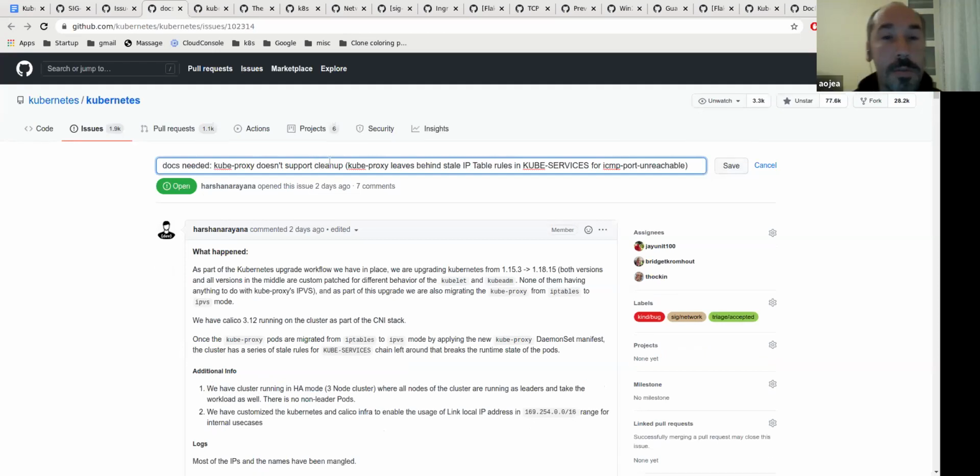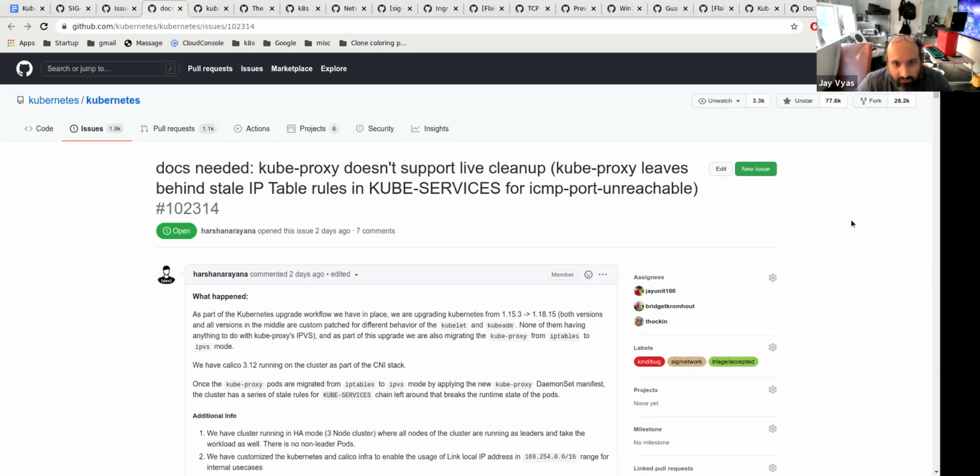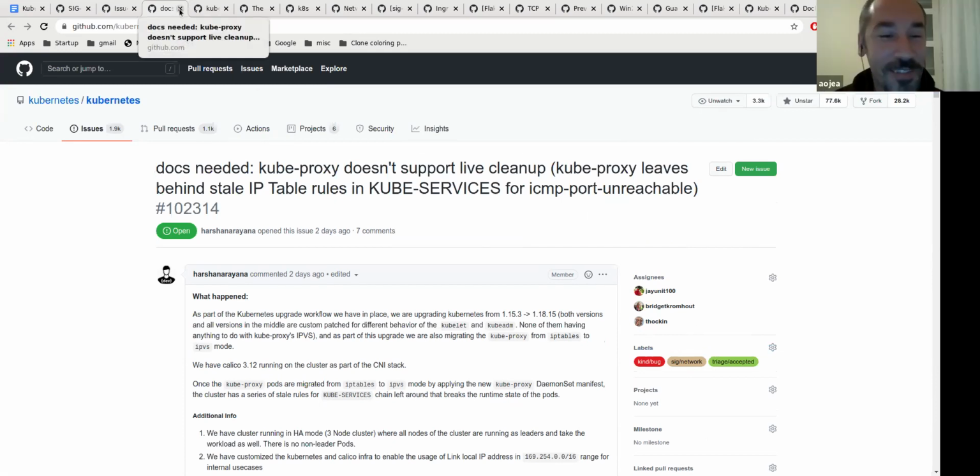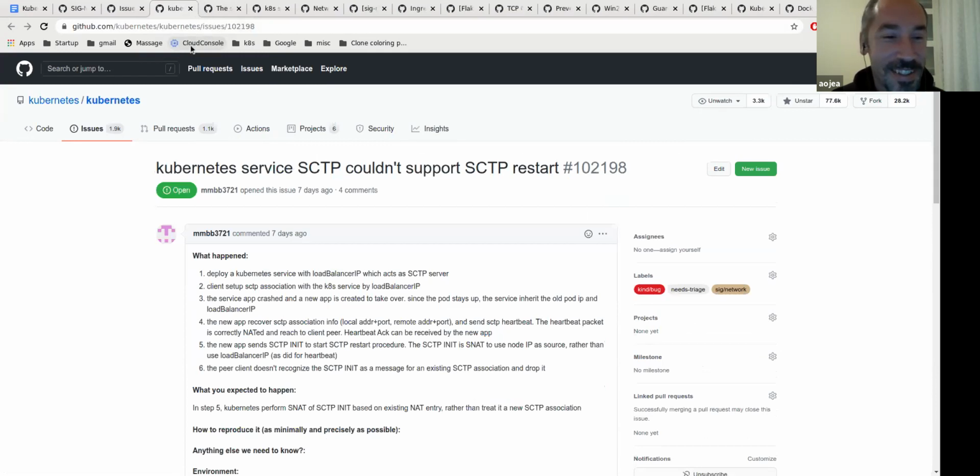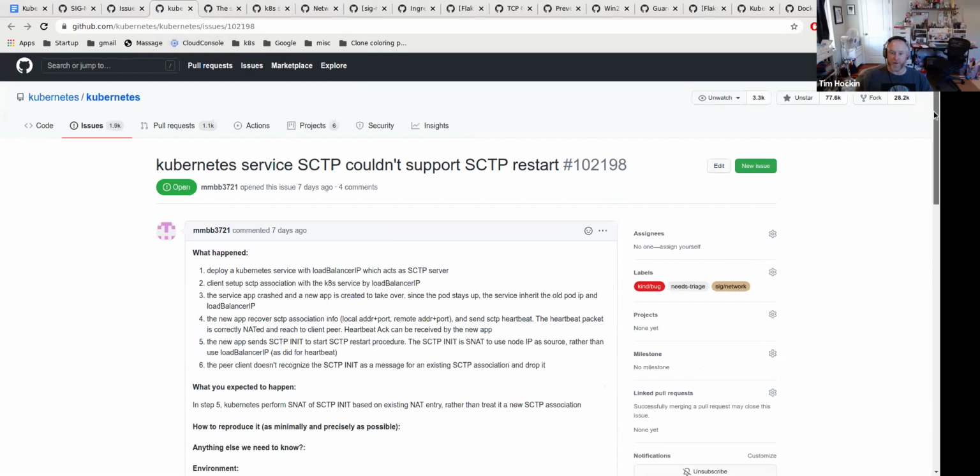I will find the issue. I think it works, but we don't have tests in place for it. That's true. You can't really guarantee that it works in the corner cases where you don't have certain binaries. Fair enough. Okay. Now we have a couple of SCTP issues, which I am ill-equipped to answer.